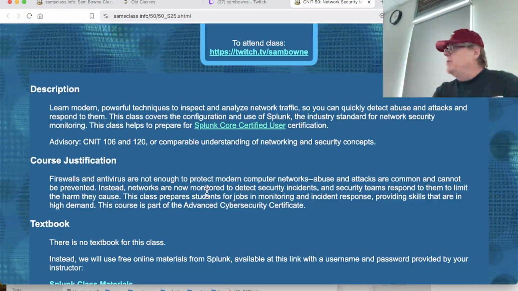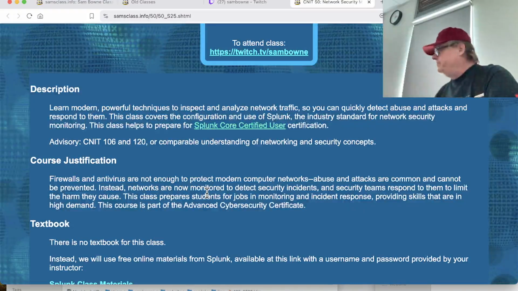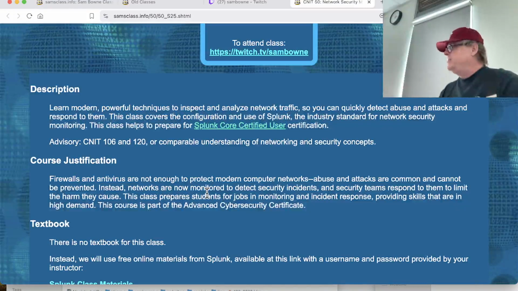So anyway, that's what we're going to do. We're going to learn how to monitor network traffic for intrusions, because this is what you have to do. 10 years ago, the standard was you put a firewall and then you create something called a trusted network, and you believe that everything in your trusted network is clean and safe. And that is no longer true at all. People are bringing in laptops and cell phones, and hackers are punching through your firewall, and so your trusted network is no longer trusted. And so the government has told us we need to move to a zero trust policy,